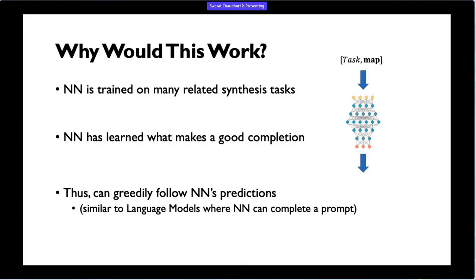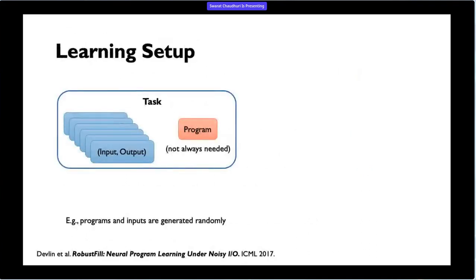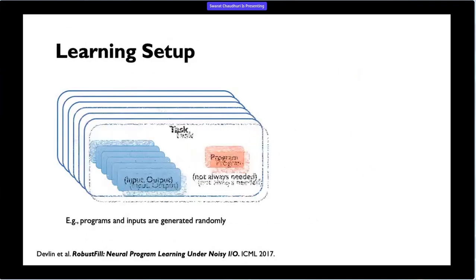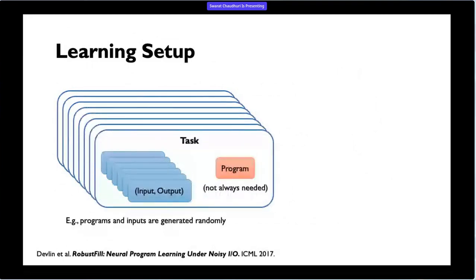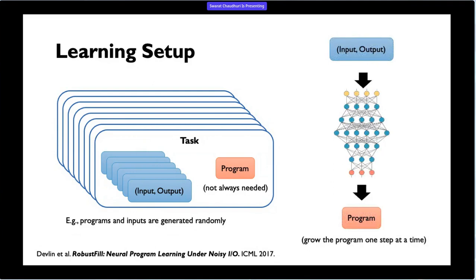Now you have to train your synthesizer. You need to have a collection of related programs that you can use to do this. But if you have that, then you can take each one of your synthesis tasks. For each task, you might have a collection of input-output examples or other forms of specification. This is actually not limited to synthesis from input-output examples. You might have a program that tells you what program corresponds to this, and you can use that to train your model that is going to learn how to produce and how to prioritize the programs that look like the